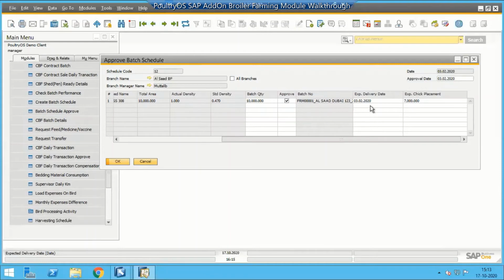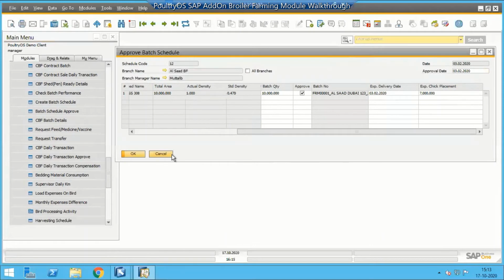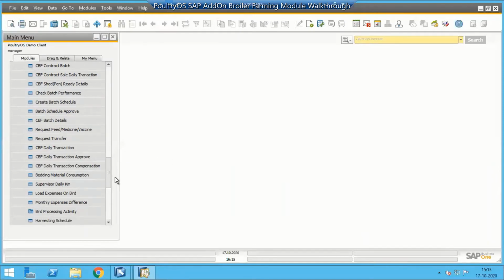Why are we giving this facility? Mostly for organization tracking: what is your expected placement date, and on what day are you actually placing? If you want to track the difference between the expected and actual dates, they can track that. This is also added as a complete approval cycle. Now up to 5 levels of approval are available. We send the request up to the 5th level, and once the last level is finalized, the final approval is done.